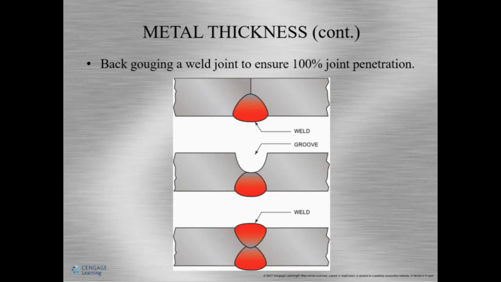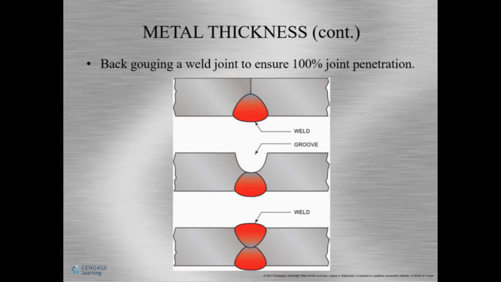It's CJP. So the American Welding Society says the back gouging is the removal of weld metal and base metal